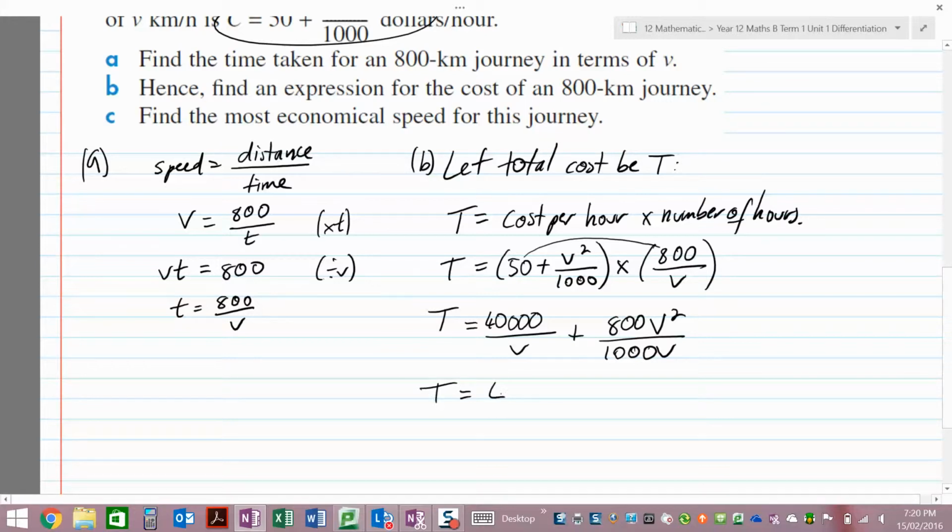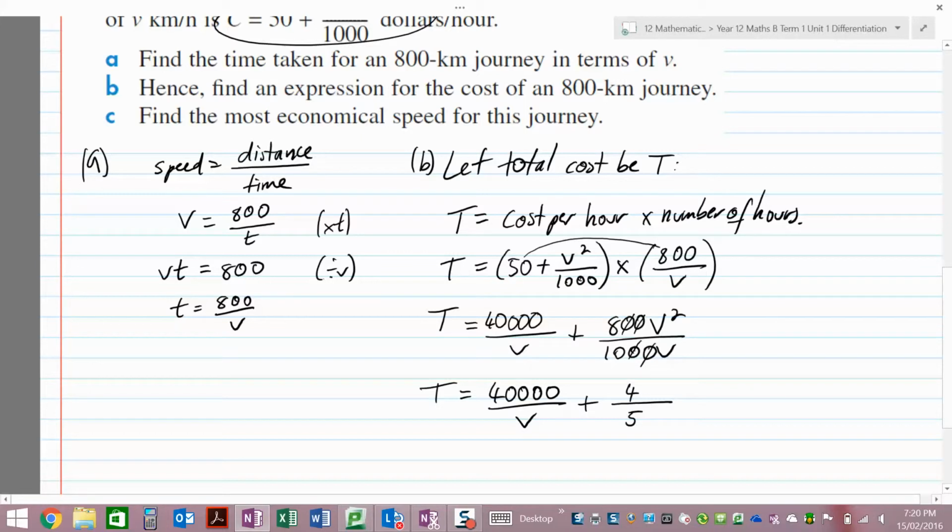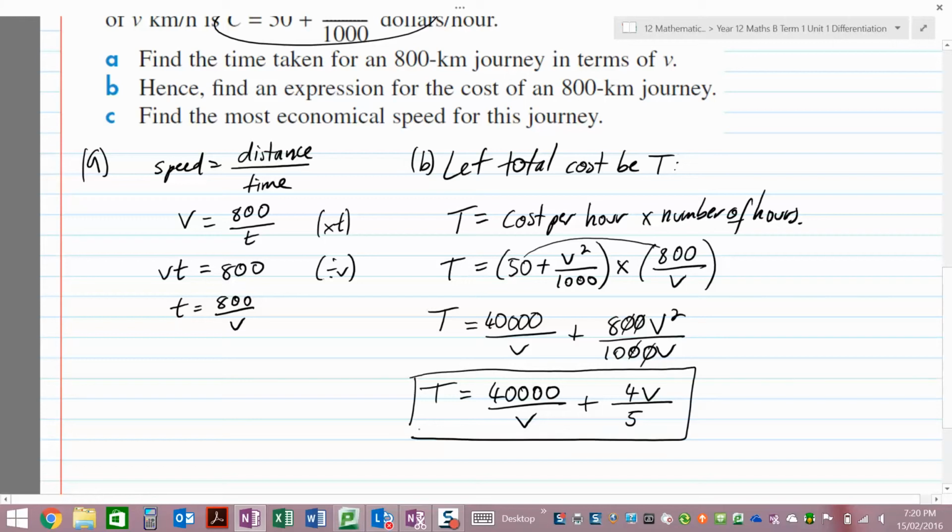Okay, clean this up a little bit more. So cancel some numbers here. 8 on 10, same as 4/5, and v squared divided by v is just v. Okay, so this is the function that I'll then differentiate, find where the stationary point is, and